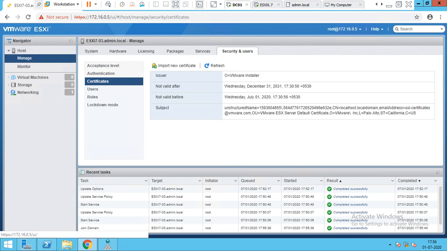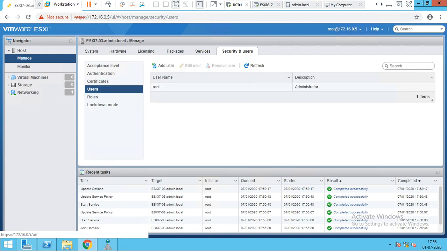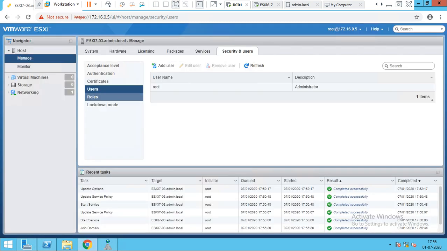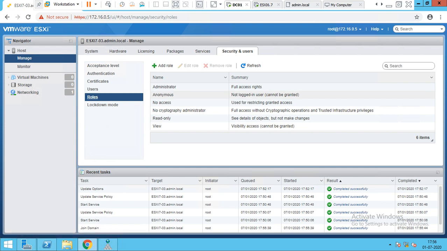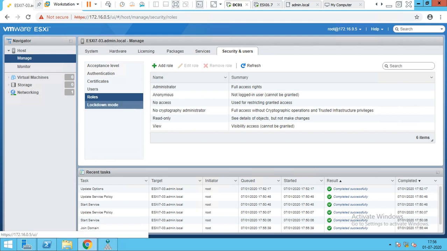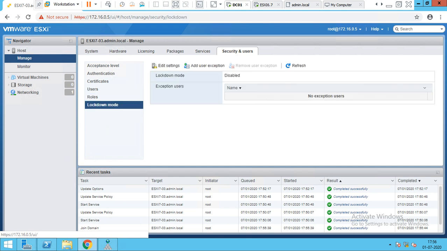This is a certificate. It's the default. These are users, where you can create a local user to access the server, and this is the role where you can assign a role. I'll tell you in the next session where I'll create a user and assign a role to that, so you come to know how it can be done. And this is lockdown mode. This is disabled. Why?